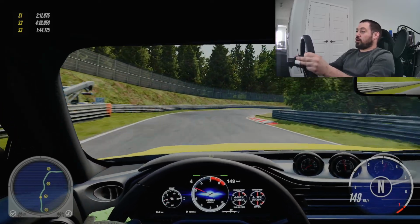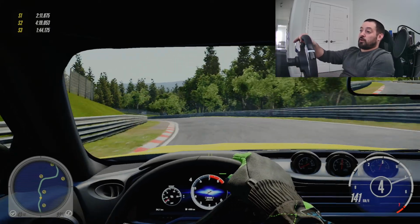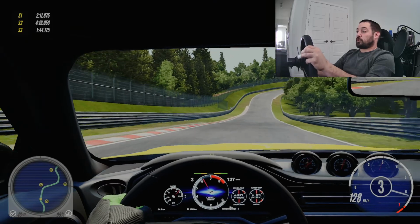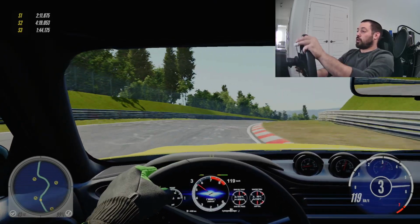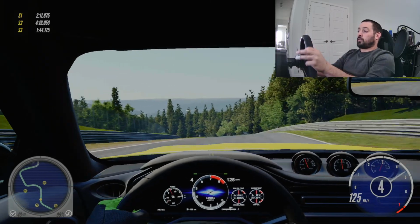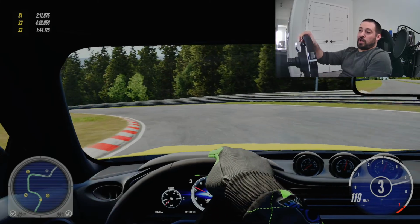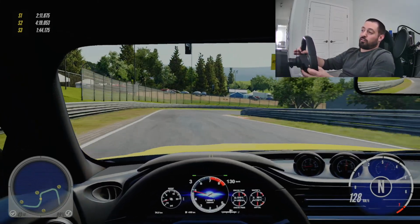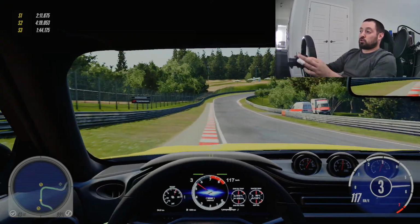Because if you fix the next game and you make an absolutely good sim, people will come back. I know they will. All the people that love Project Cars 2 and Project Cars 1, those people will come back. I still haven't given up. As much as I have to admit that I don't like this game as much, or not even close to as much as I liked Project Cars 2,